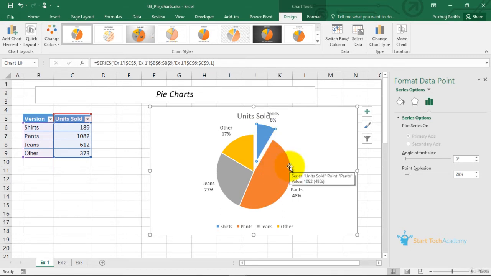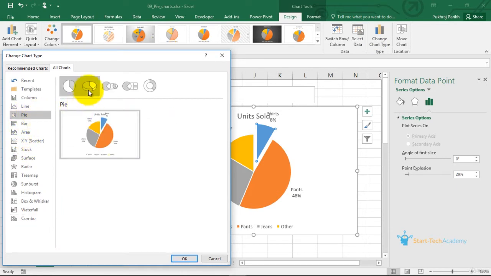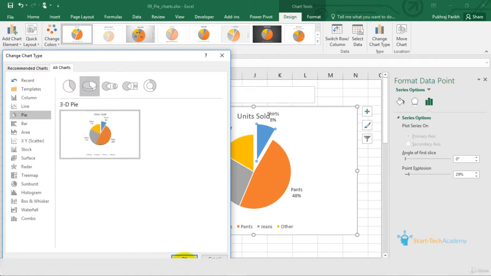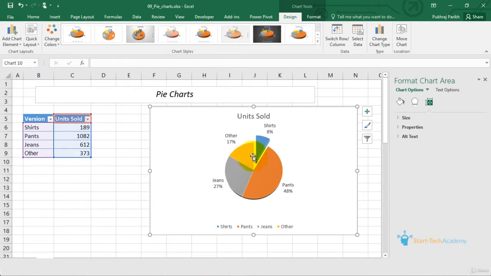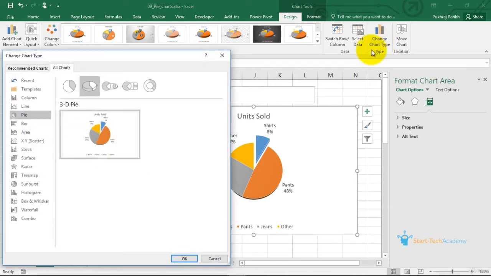Now let us go to the pie chart options and look at what are the different types of pie charts we can draw. The first one we have already drawn, which is a simple pie chart. The second one is a 3D pie. It is exactly similar to the previous one, just that it has a third dimension of giving height to that pie, which is really useless. But still, to make it more visually appealing, you can probably choose a 3D pie chart.